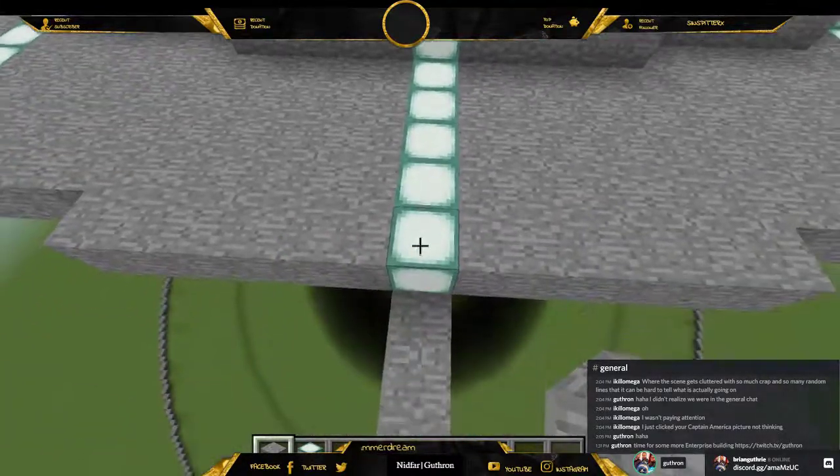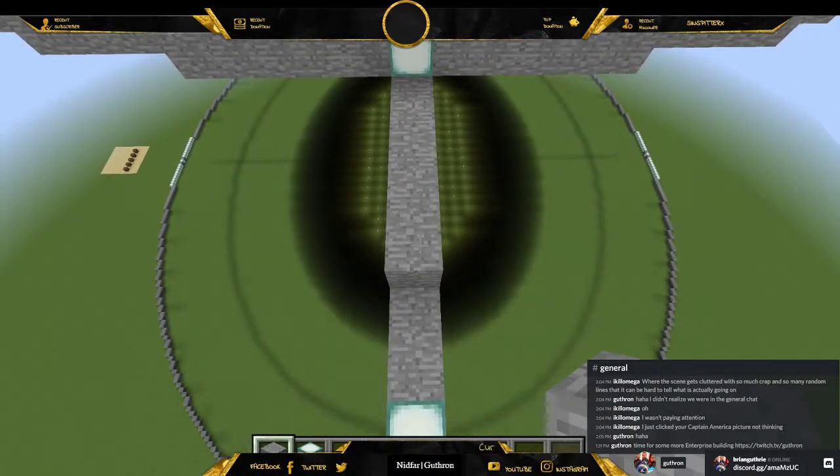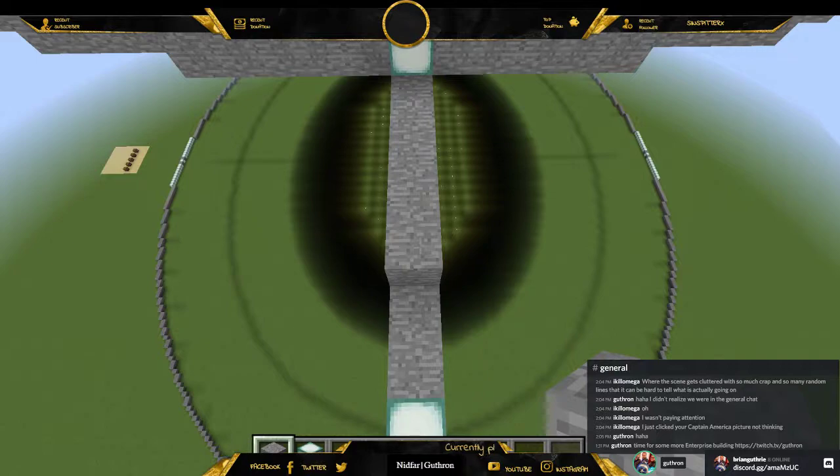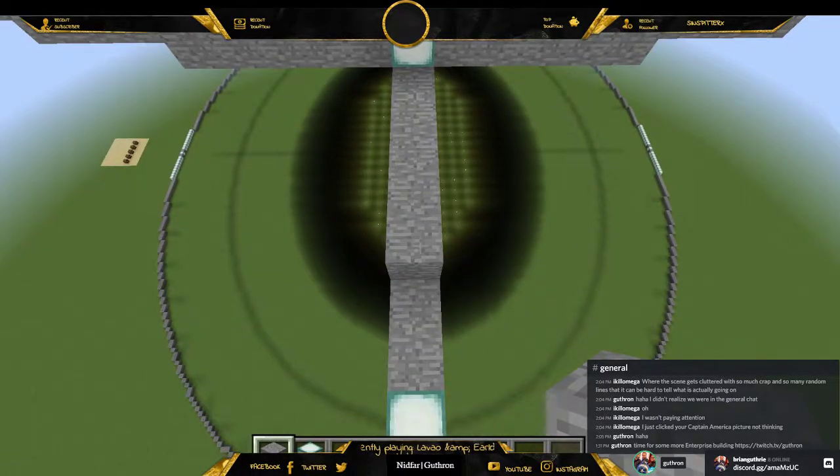Okay, so 125 is 62, so 63, 64, 65, 66, 67. So that's going to be 134, 135. Let me adjust my ellipse thing here. 135, and let's go back to...